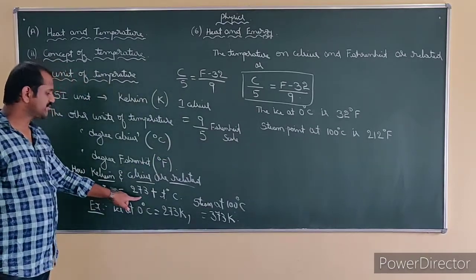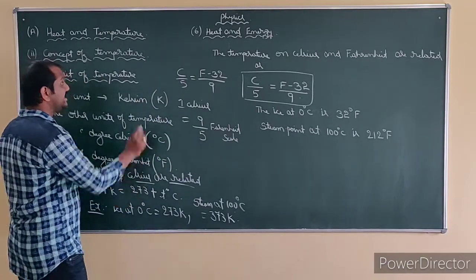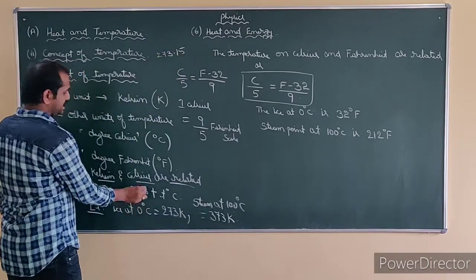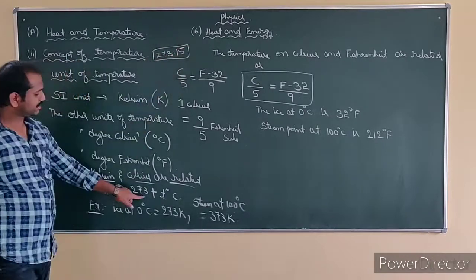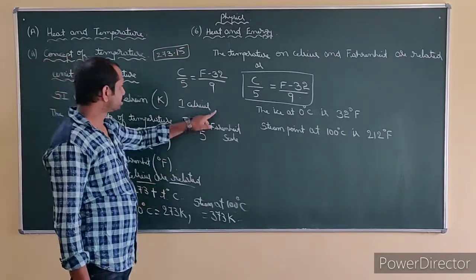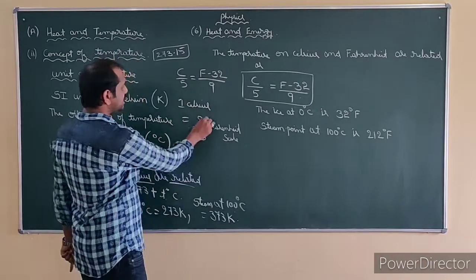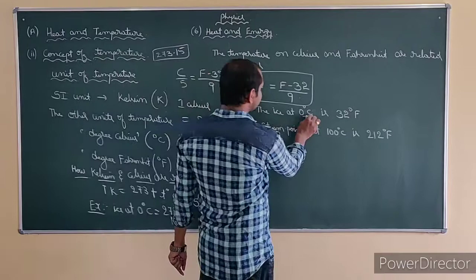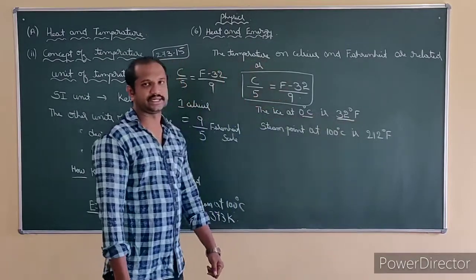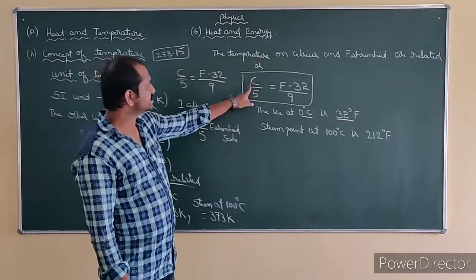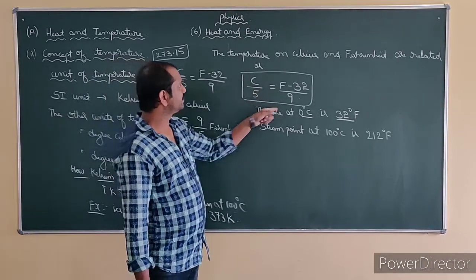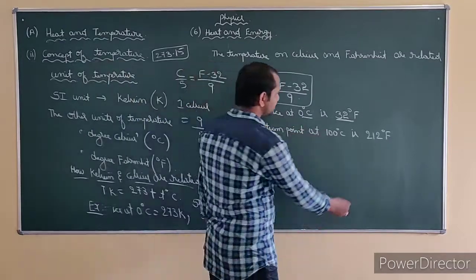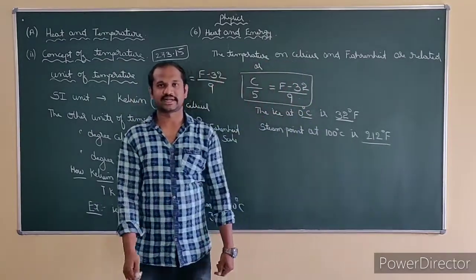Here, temperature we are going to consider as 273, right? It is not actually 273, it is 273.15. It is a standard one, but by rounding off we take 273 here. So 1 Celsius is 9 by 5 of the Fahrenheit scale. Here also, ice at 0 degrees Celsius is 32 Fahrenheit. When you apply the formula and do this calculation, you will get 32 Fahrenheit. Steam point at 100 degrees Celsius is 212 Fahrenheit.